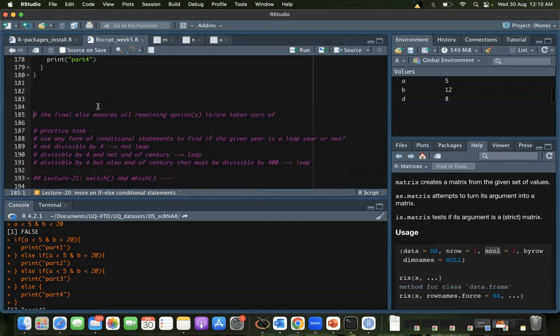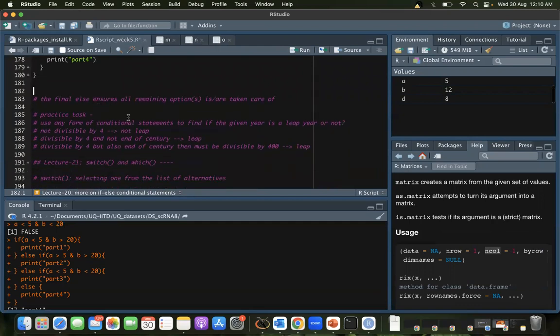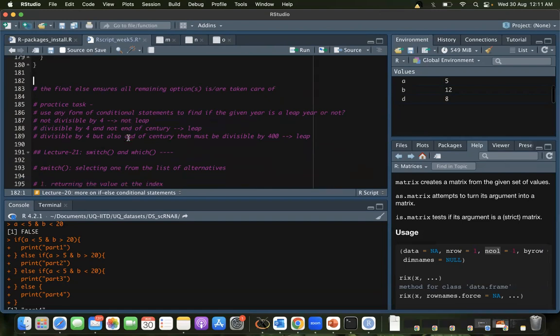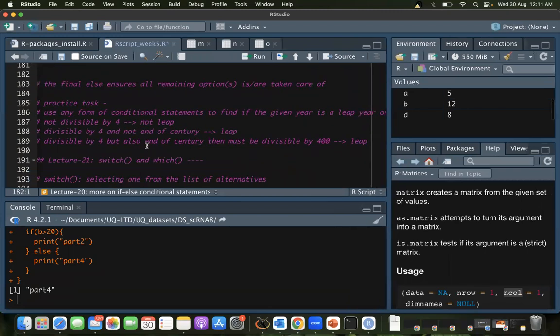But there's one more thing that we need to do. I had also thought of giving you one more question. I'll explain it to you. Again, this is just for your practice to see if you have understood if else. If you're able to do this, it might take you a while. It can take a lot of time. So it's not in your assignment. You can take as much time as you want. But this is just going to give you a better understanding of this.